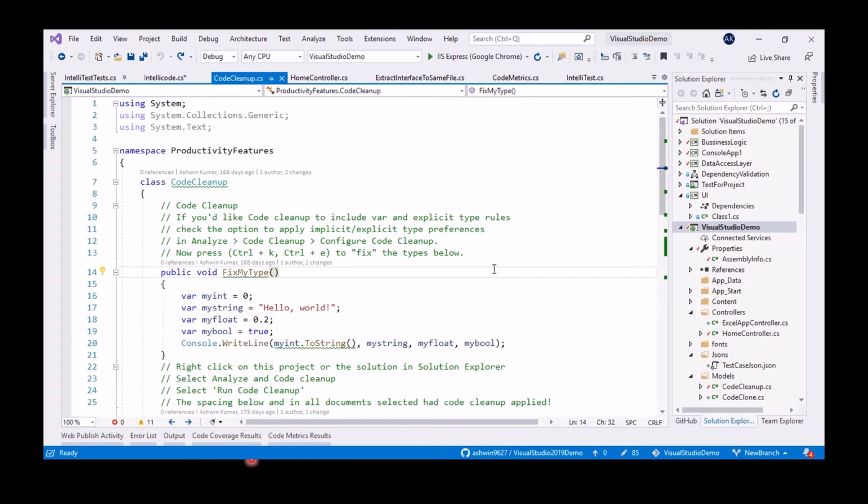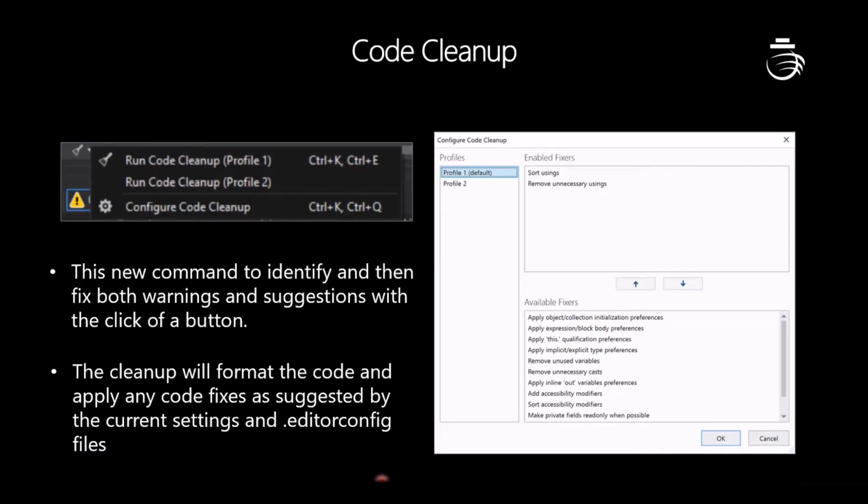It saves us a lot of time compared to doing that manually, and it makes our code cleaner and more maintainable. So that is the advantage of instant code cleanup. We'll go back to the slide and discuss other topics as well.